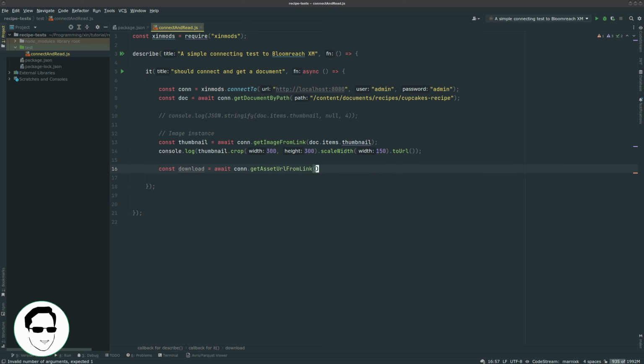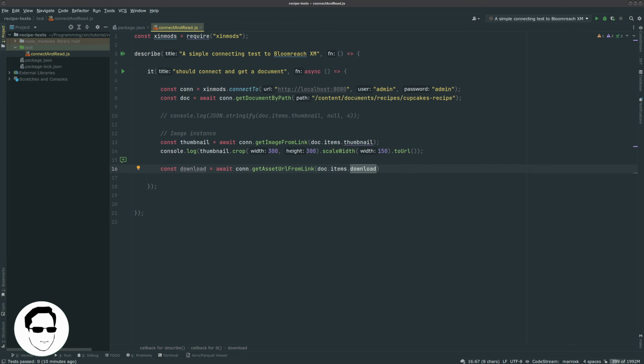URL from a link. So we know that we've called it download, and so that's what we're going to be retrieving it with. Now, if the asset's not populated on the document you're interrogating, it will return null. But in our case, we know that it's already been selected, so let's go like this. Then we run the program,